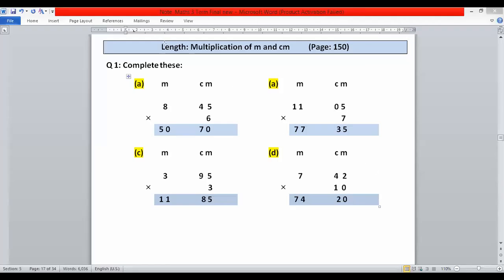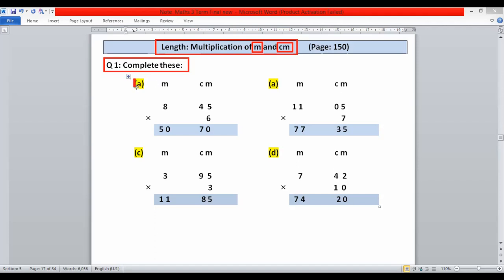Dear students, on page 150, the topic is multiplication of meters and centimeters. Remember that m stands for meter and cm stands for centimeter. These two are the units of length in which we measure shapes or the length of any object. Today, we learn how we multiply meters and centimeters with any number. The statement of question 1 is: complete these